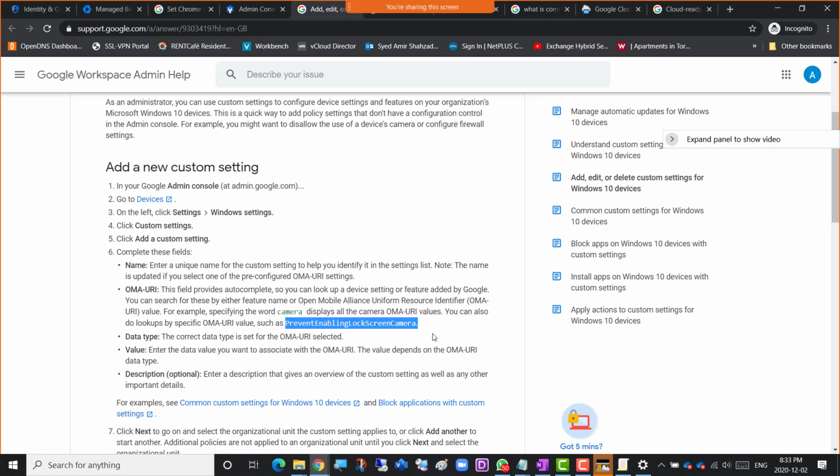So when the screen is locked, the camera will not work. It will not be enabled if the screen is locked, right? So this is the value that you can add there in OMA URI, and it displays all the camera OMA URI